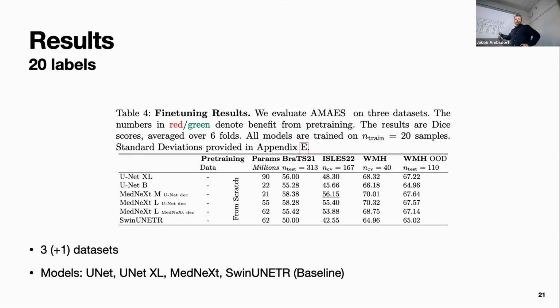Interesting thing here is that the test set is actually out of domain. So that is using, I think, a different hospital, I think even a different country, I'm not sure. But these are basically out-of-domain images. And in terms of models, what we tried was the base UNet, then an XL variant with twice the number of filters, and MedNeXt, which is a recently proposed modernization of the UNet, more transformer-inspired in the architecture, similar to the ConvNeXt model. Then also Swin UNETR is our baseline.